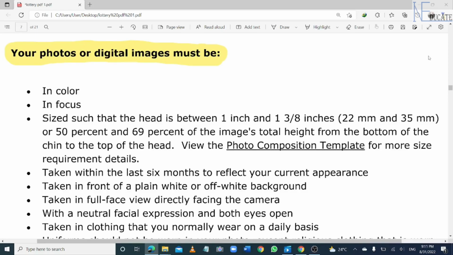Your passport picture, or the picture that you are going to submit during the application, must meet all these requirements. It should be in color, it should be in focus, the size should be between 22 millimeters and 35 millimeters, and taken within the last 6 months. It is very important: within the last 6 months. It should reflect your current appearance, and be taken in front of a plain white or white background, in full face view,